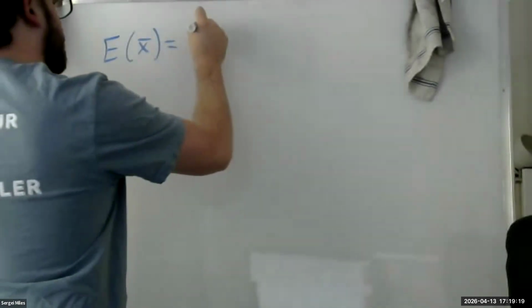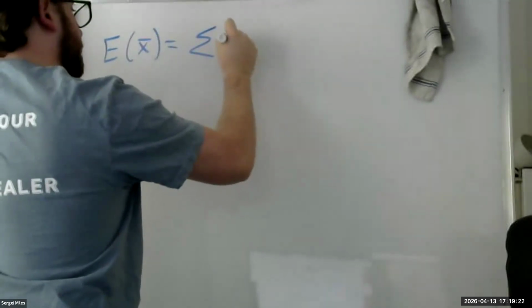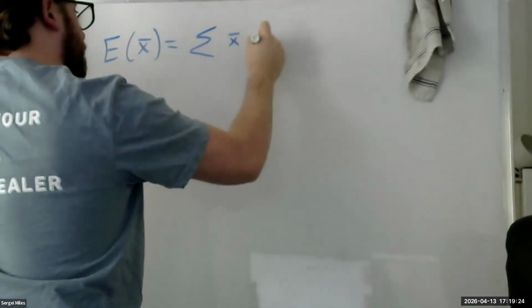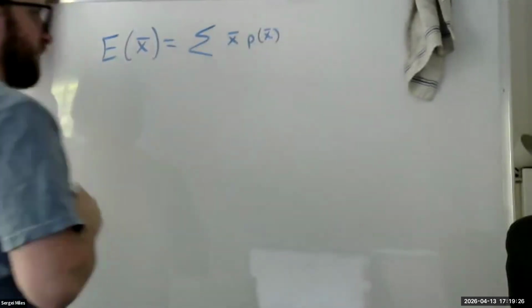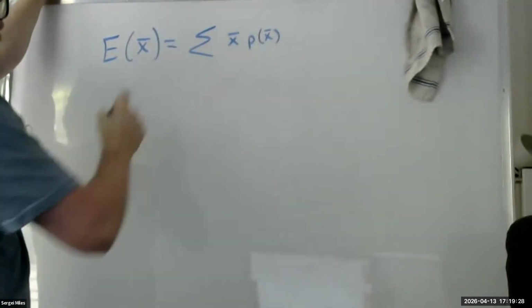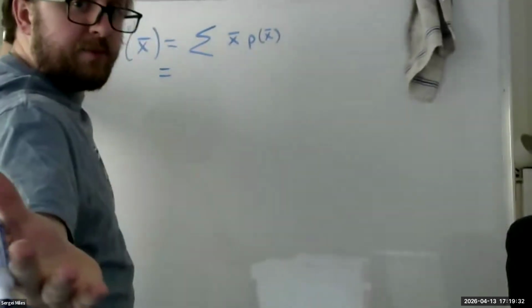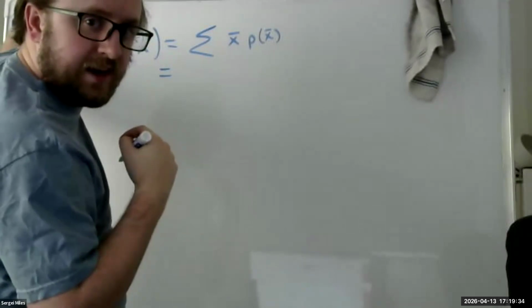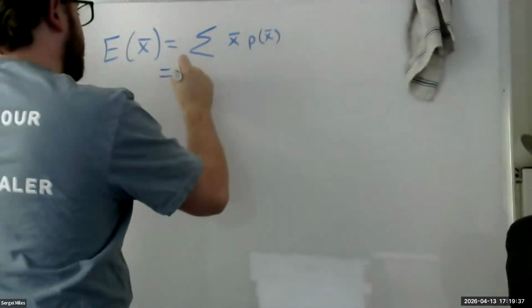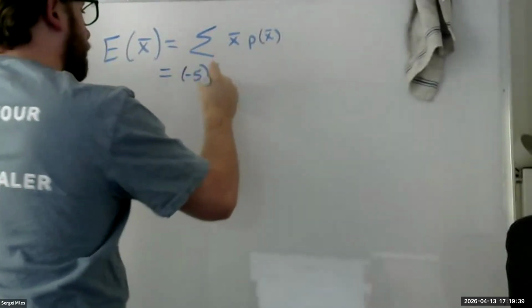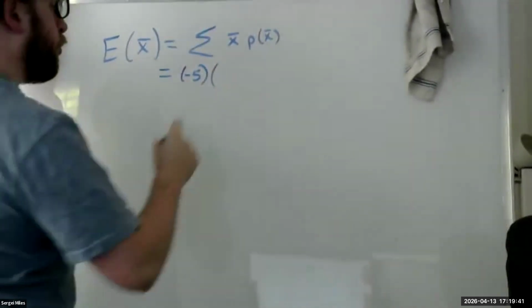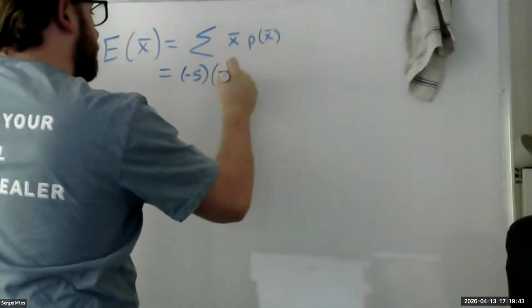According to our formula, I need to sum up the x bars multiplied with their respective probabilities. Reading from the table in the exercise in Canvas, I have -5 with a probability of 1 over 729